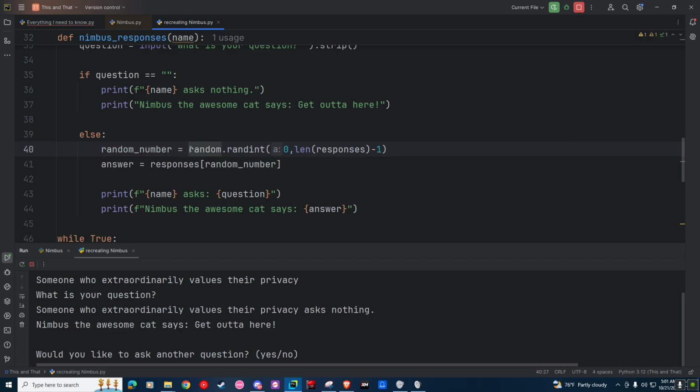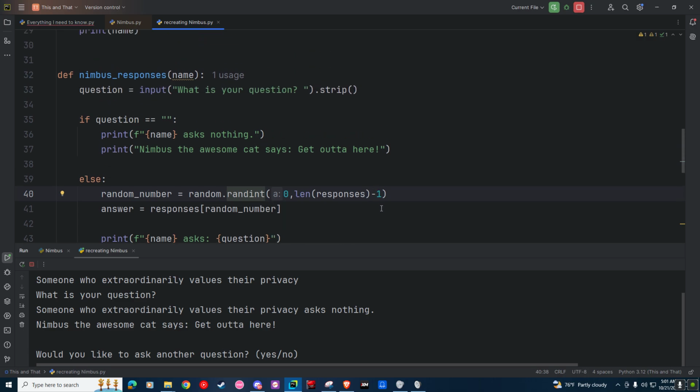Okay, so in order to create randomness, you need to use randint. If you hover your mouse on this one, it's going to say that it returns a random integer in range A to B, including both endpoints. Basically, there are two arguments inside the parentheses. That's why if you hover your mouse again here, it says A and B. The A here is actually 0, the sky blue, and the next one is the one after the comma, which is this one right here.